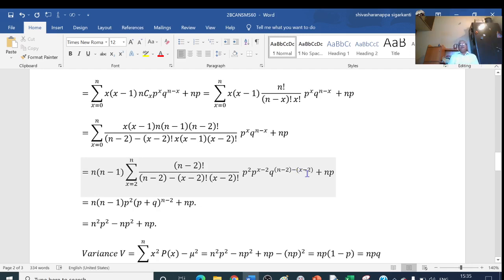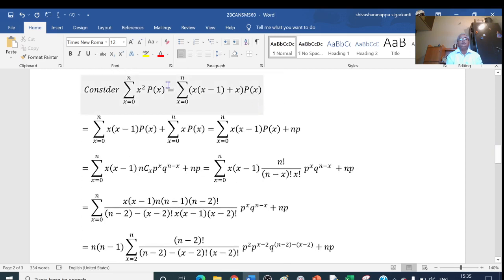Okay. So that is in place of n I have n minus 2. Therefore, this is nothing but p plus q to the power of n minus 2. So this is our p plus q to the power of n minus 2 plus np as it is. But here p plus q equal to 1. So therefore, n into n is n square into p square. N into minus 1 is minus n into p square plus this np. So this is our summation x square into p of x. Okay. Now,